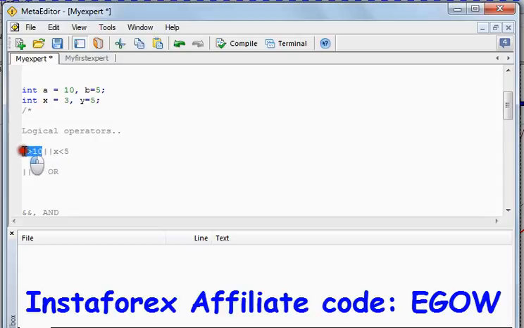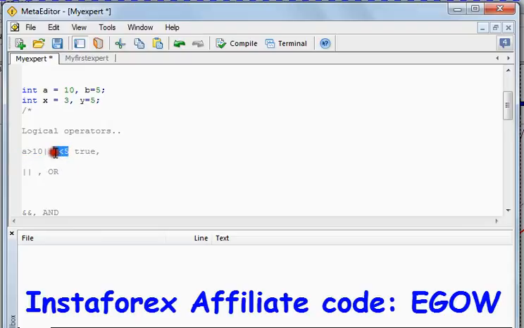A is 10, so a greater than 10 will return false, and x is less than 5, yes, this is true. So this operator as a whole returns true if one of these statements is true.